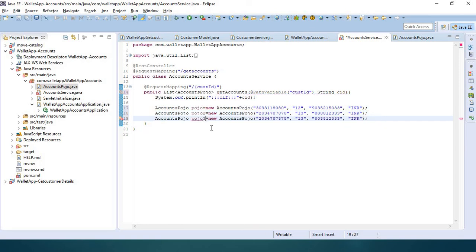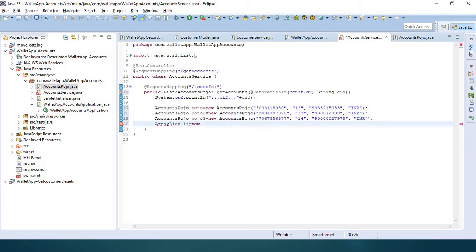Here POJO 3. We have a bank customer ID 90000279775, INR account. Now we have multiple accounts, so we have to add them to an array list, right?